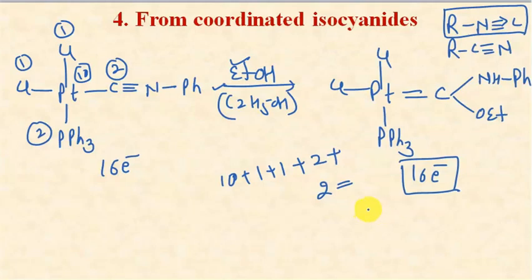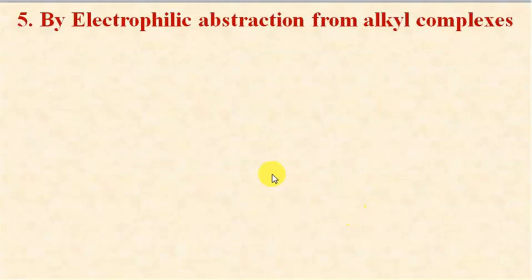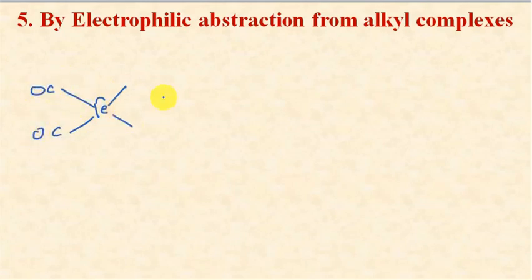As far as the next method is concerned, it is by electrophilic abstraction from alkyl complexes. Electrophilic abstraction, we have to remove something by attacking with an electrophile. So this is the compound which we are using, Fe. Here we have one CO, another CO substituent. On one hand we have CH2OCH3, and here we have